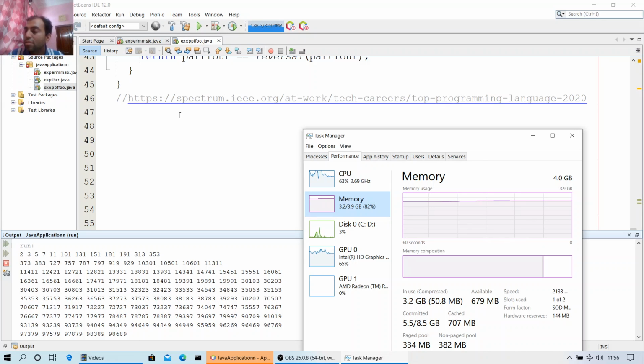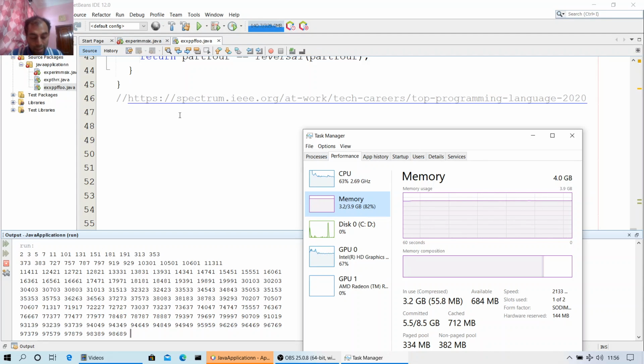Python is at number one because Python is used for AI and machine learning. Java is at number two because Java can handle anything and everything. It can work on Samsung Exynos processors. Java can work on Intel series of processors, AMD series of processors, Snapdragon, Qualcomm, Apple A series of processors.